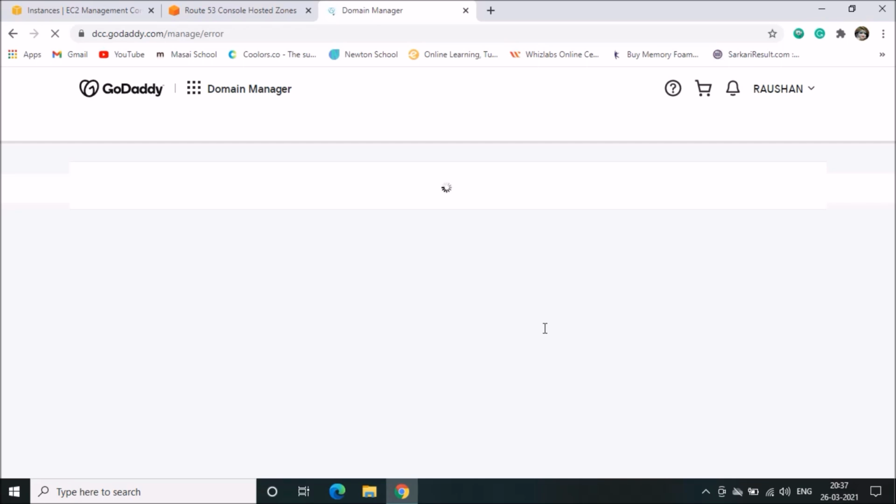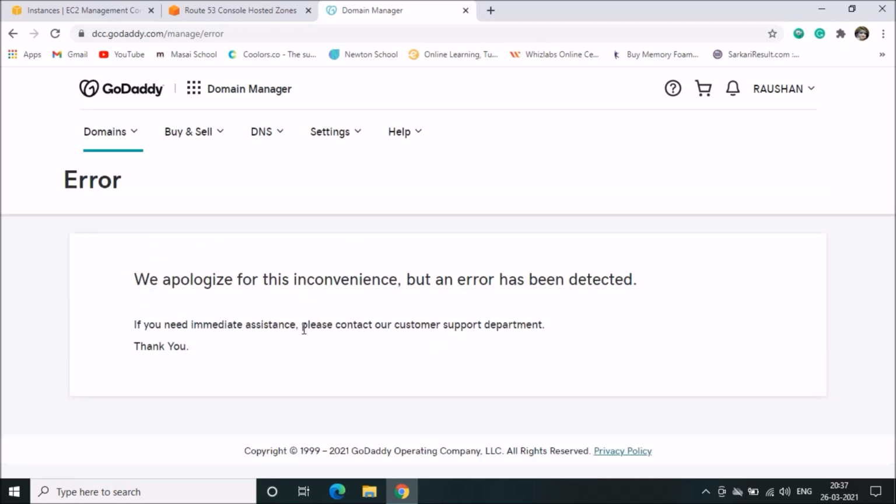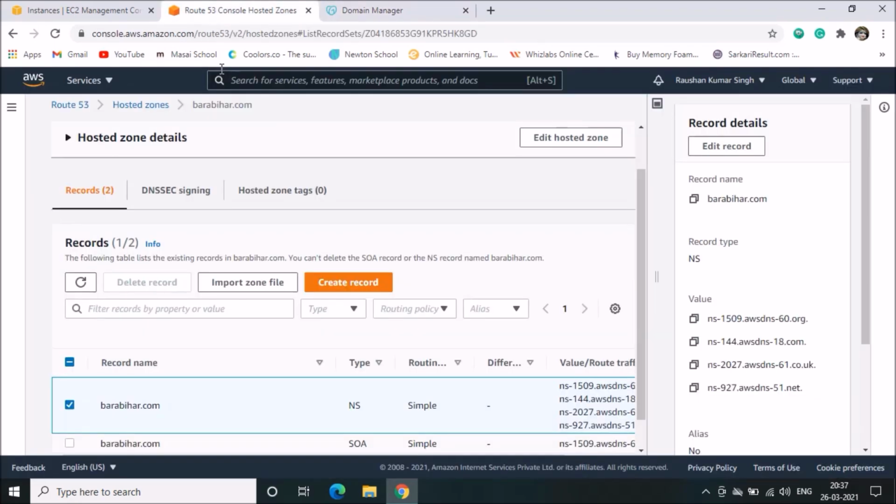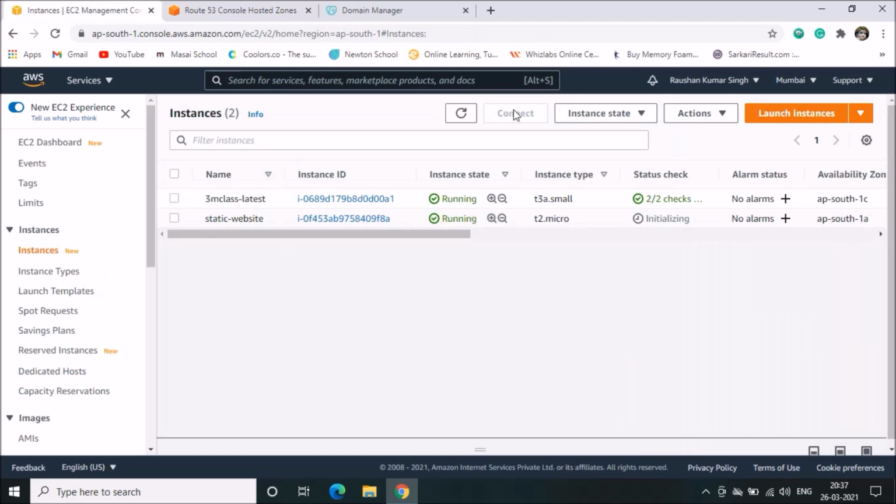Still it is refreshing. In your case, if it shows this type of error, you can log in to your account again, or just refresh the browser, then you will not get this issue.